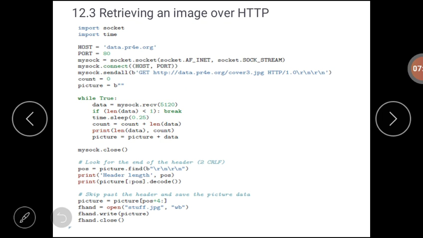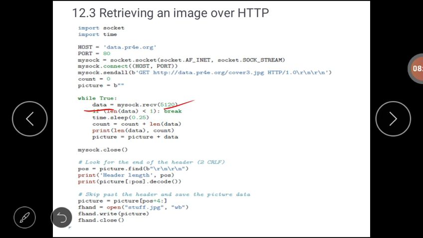In this program, we are extracting the image data in chunks of 5120 bytes at a time and storing that data in a string. Here we are storing that data in one variable, data. Then we trim off the headers and store the image file on the disk.